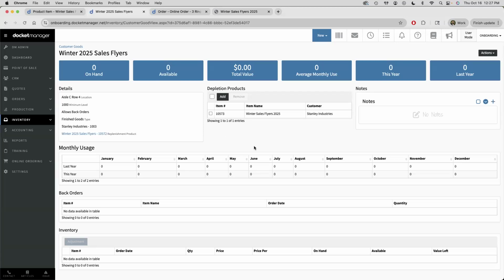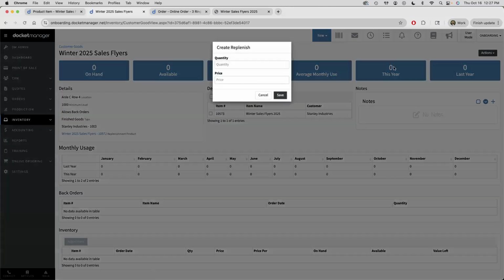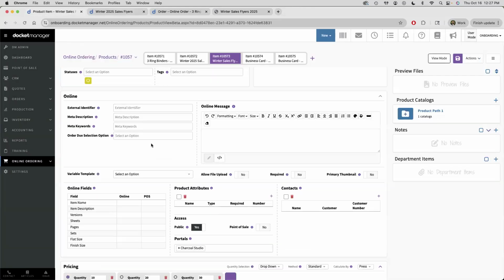And then if this was something that you're setting up and you have inventory currently on the shelf, same idea. Actions, replenish. And you can put in a certain amount of product. Let's say there's 5,000. We would need to look at what the sell price was for 5,000. So if 10,000 was,